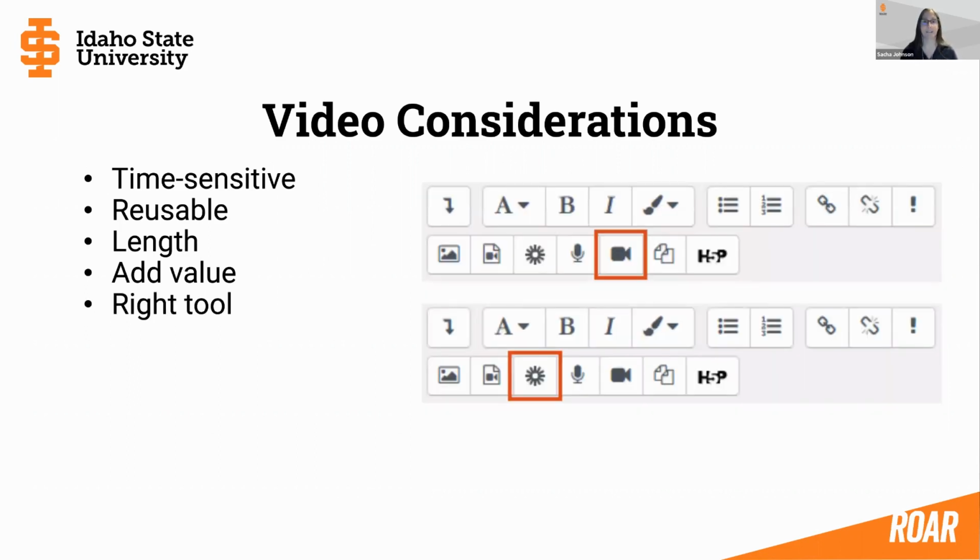And the last consideration I have here is choosing the right tool to record your videos. So the Moodle editor has a couple of video editing or recording options that you can choose from for the just-in-time recordings or those semester-specific recordings. The first icon that's highlighted there is the little video camera icon, and that is the built-in video recorder in Moodle, and it has a 2-minute time limit. So this would be something that's good for providing quick feedback to specific students or just those bridge videos or